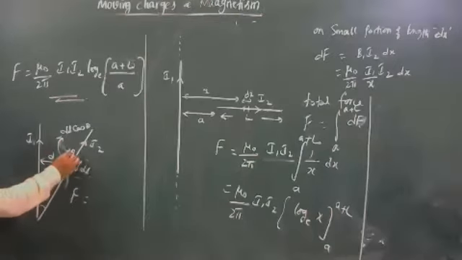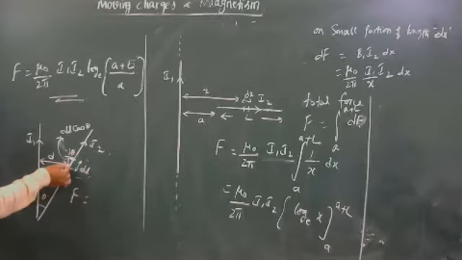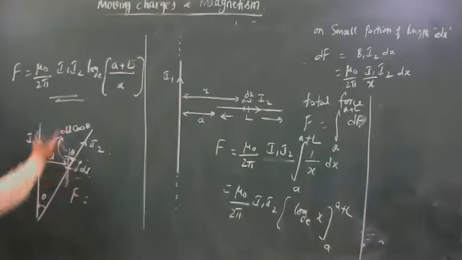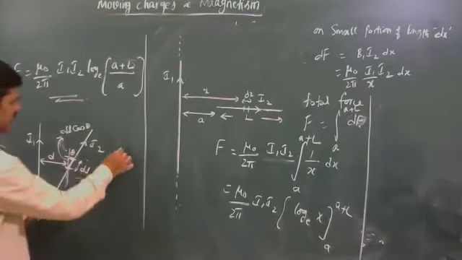You take its component, simple to solve the problem. This component makes an angle theta. Because it is making an angle theta with vertical, this component is dl cos theta. Yes or no? Now it is just like